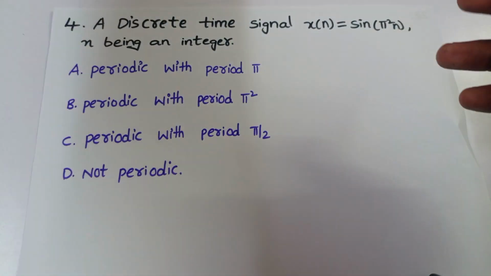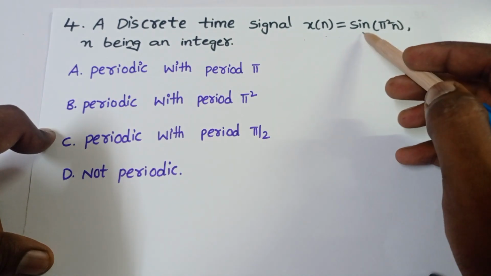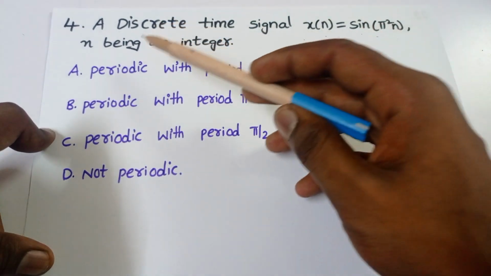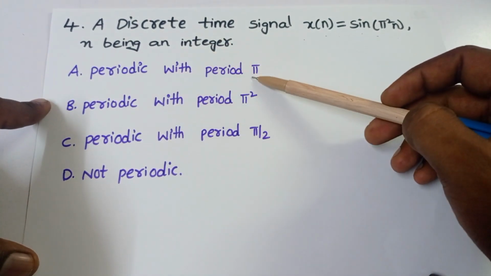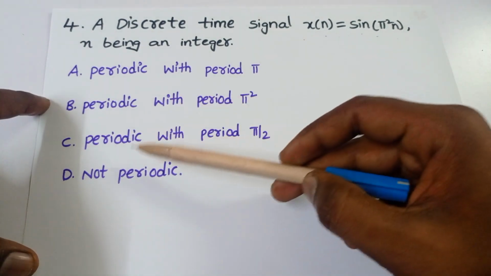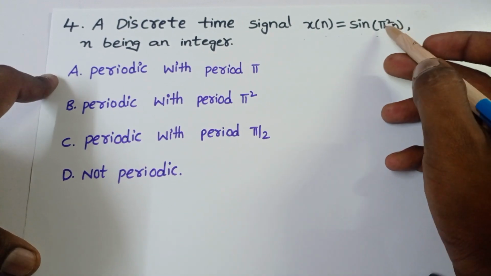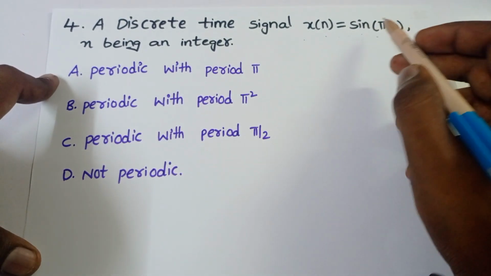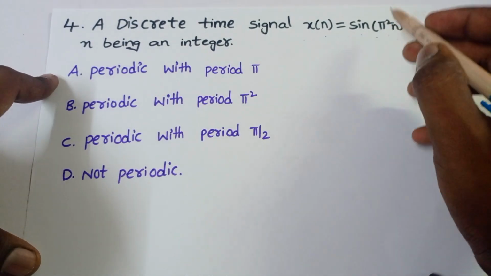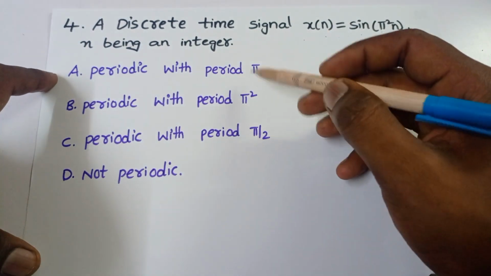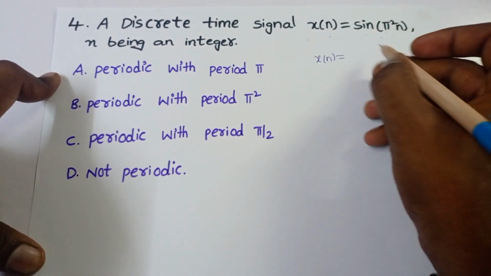Coming to the next question, a discrete time signal x of n is equal to sine pi square n, where n is an integer. Now the options are periodic with period pi, periodic with period pi square, periodic with period pi by 2, not periodic. First, we need to find whether the signal is periodic or aperiodic, and if it is periodic, we need to find the period, and then choose the correct option. First, write this signal x of n is equal to